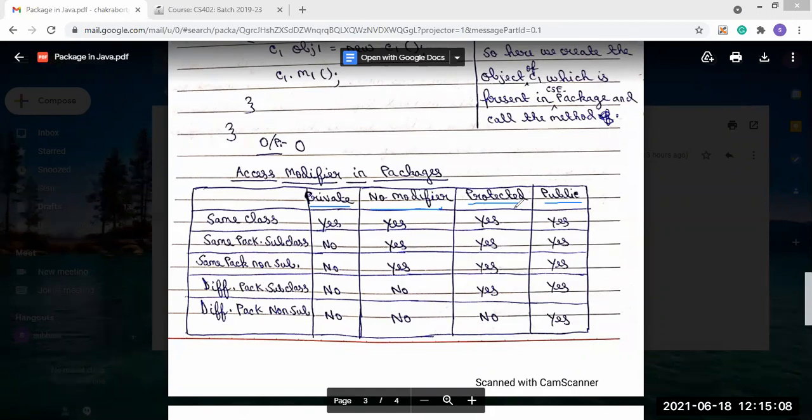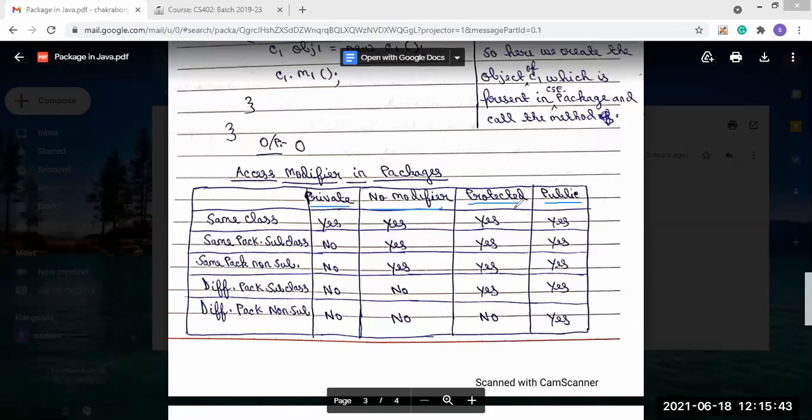So what will you answer? That yes, the protected access modifier can be accessible outside the package also.